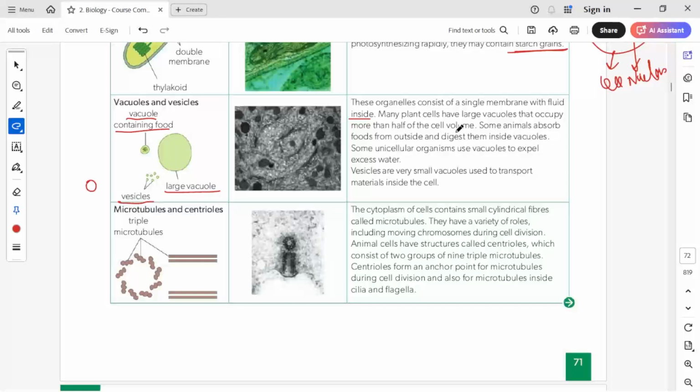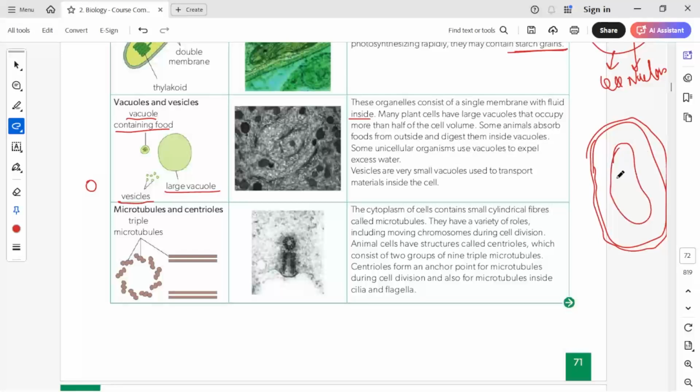So in the first part, when we were studying microscopy, we saw large cells. They'll be covered with a cell wall, and they'll have a central large vacuole-like structure. So this was the vacuole, which is filled with water, and outside it, other organelles like the nucleus, mitochondria, or chloroplast will be present. So plant cells have a large vacuole inside them, but animal cells do not have this large vacuole. Many plant cells have a large vacuole that occupies most of the volume.